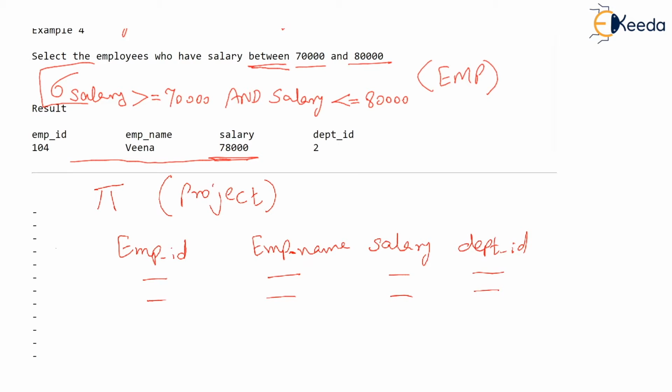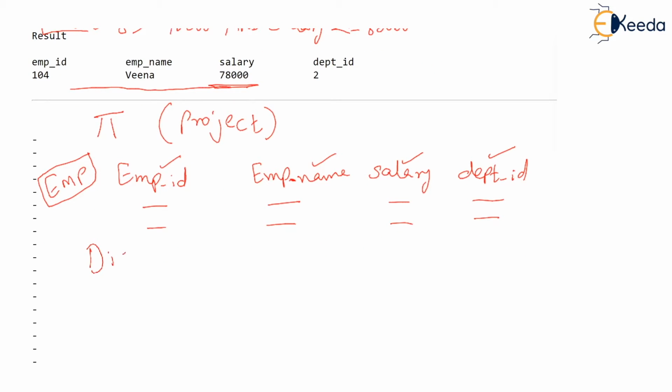Many times what happens is we don't want to see all the four columns. See, there are four columns, isn't it? We don't want to see all four columns, but in our output, we just want to see the first two columns, let's say EMP ID and EMP name. So suppose somebody tells you, display only EMP ID and EMP name of all the employees. Then comes the project operation.